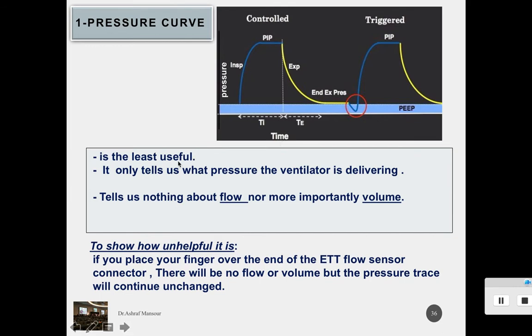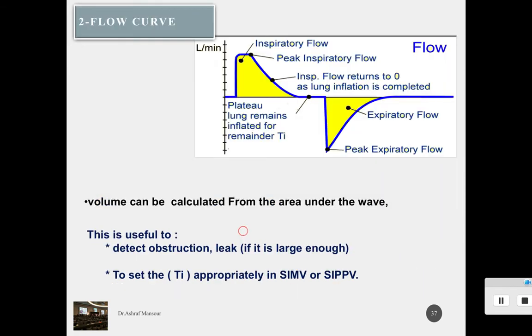The pressure curve tells you nothing about the flow, and the most important, the volume. It will not tell you anything about the volume. So it is the least useful, and if you put your finger at the sensor of the ventilator connected to the ETT, you will find no flow, no volume, but the pressure will be drawn like that. So it is not so important to look at the pressure curve, but more important is the flow curve,